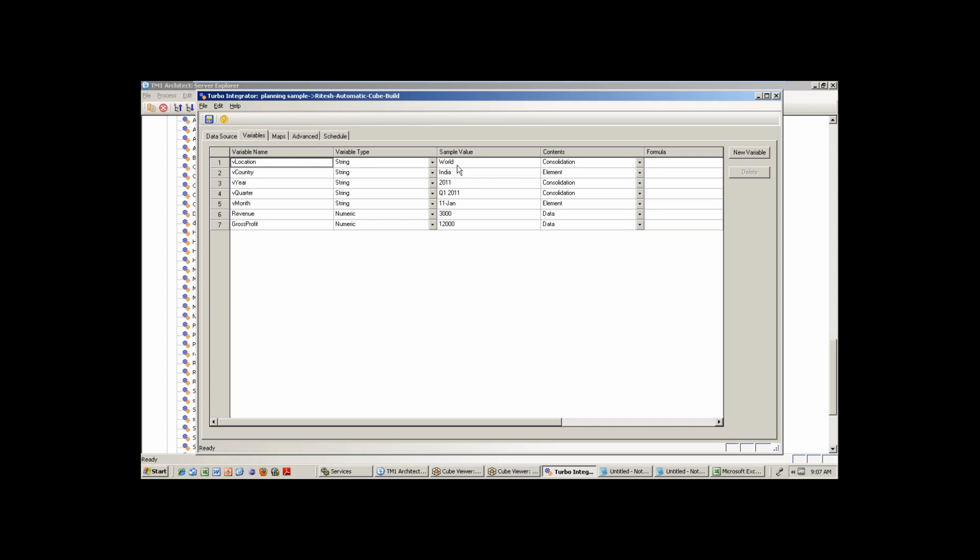Exactly. So if I don't want to aggregate India to world, I just want whatever members are there other than India to be aggregated to world. Mm-hmm. Then yes, obviously.